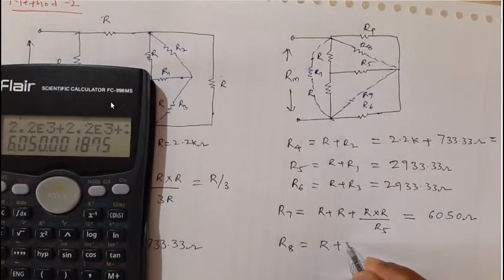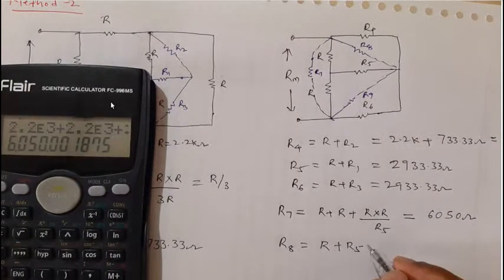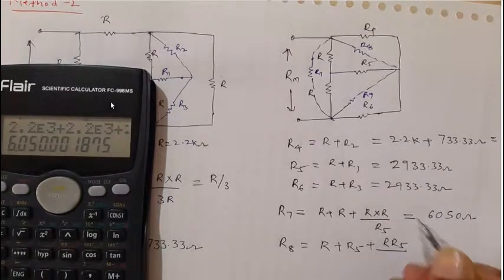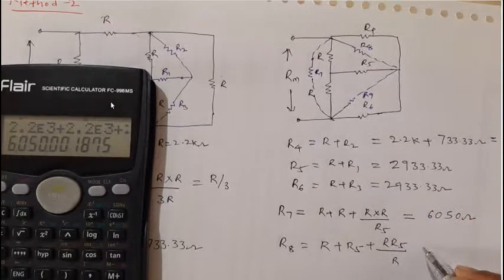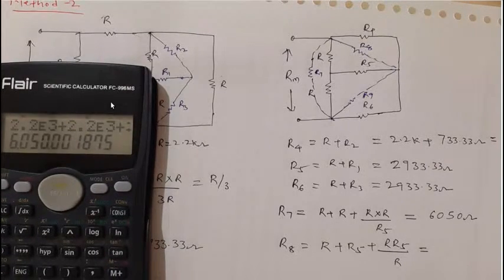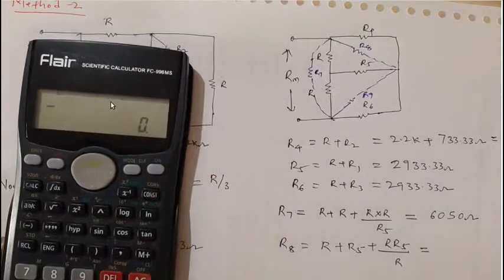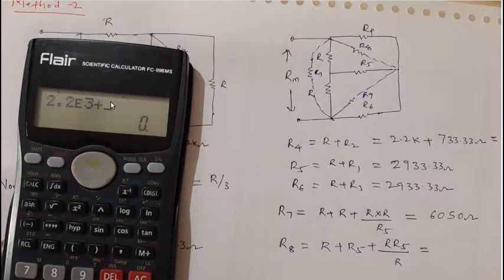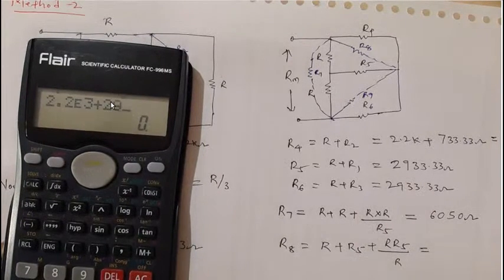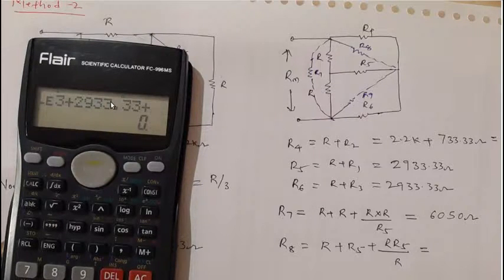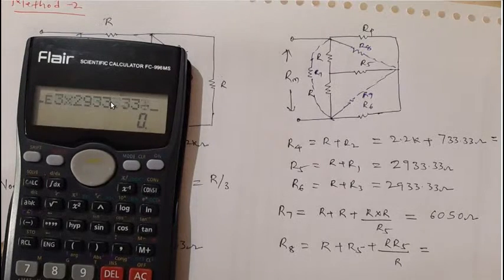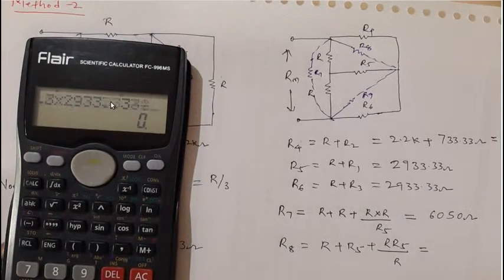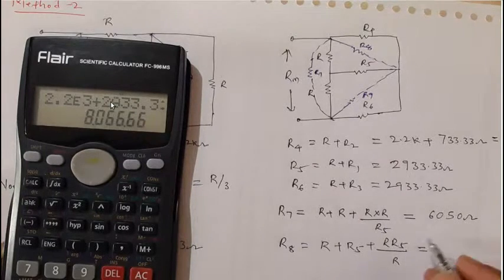So R8 is R plus R5 plus R into R5 divided by the resistance which is not connected, which is R. If you calculate it, R8 will be equal to 2.2K plus 2933.33 plus 2.2K into 2933.33 divided by 2.2K,